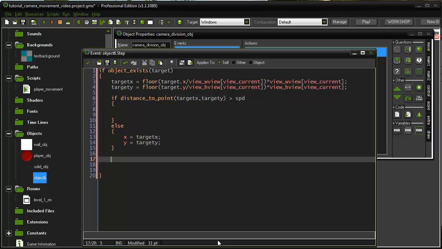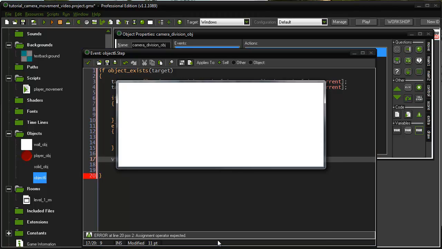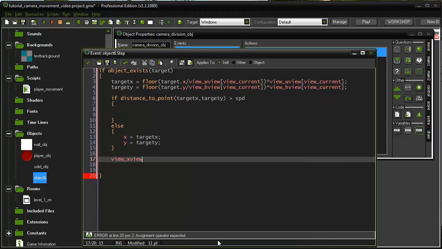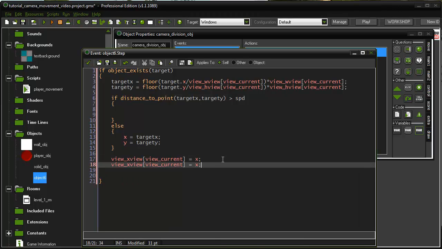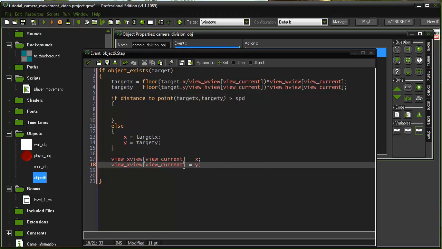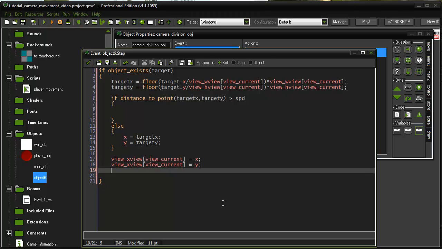Now after this, what we're going to do is type view x view and then view current equals x. And let's just copy that. And be right back. Okay, back. And after this, we will add